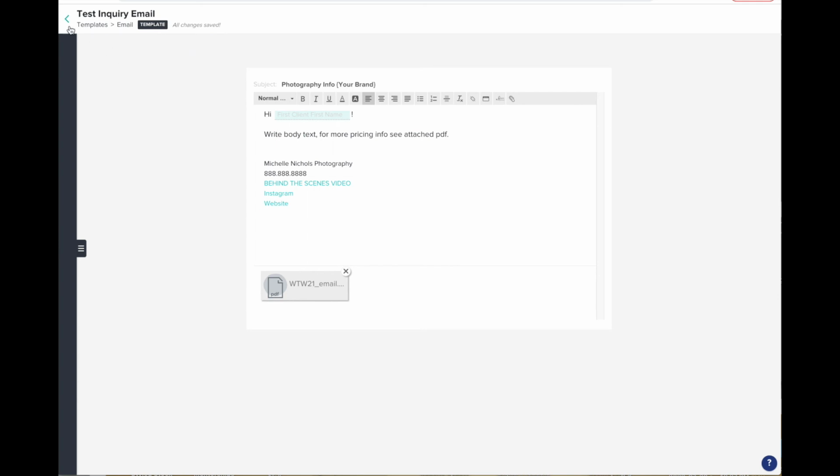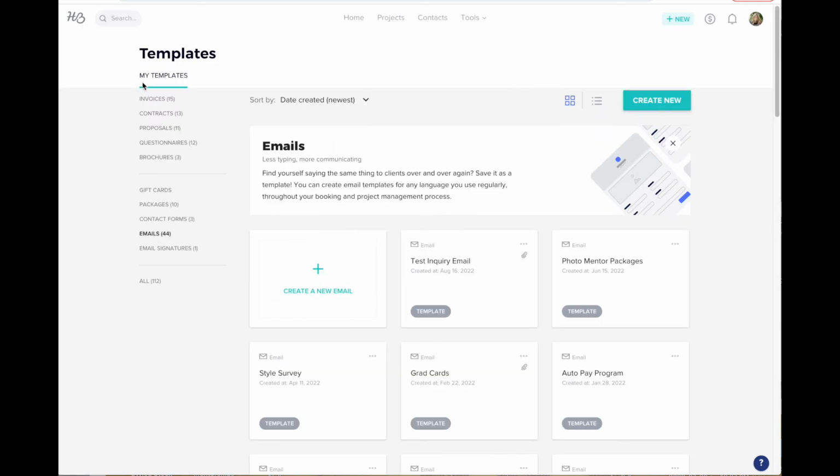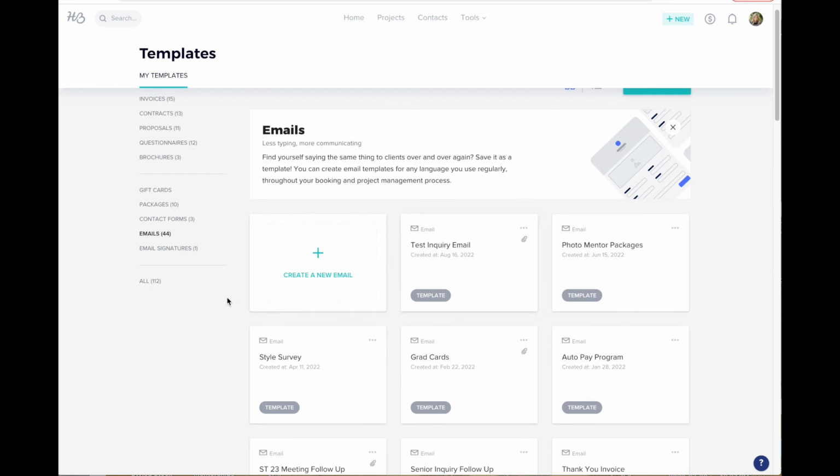And then once you go back to your library, there it is, test inquiry email, and it's all set up to go. And anytime you use an email, you can look at your drop-down menu of templates and choose the one you want, and then you'll be off to the races. So that's a quick